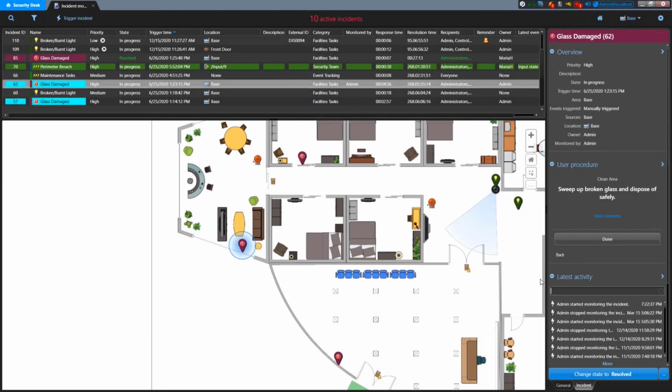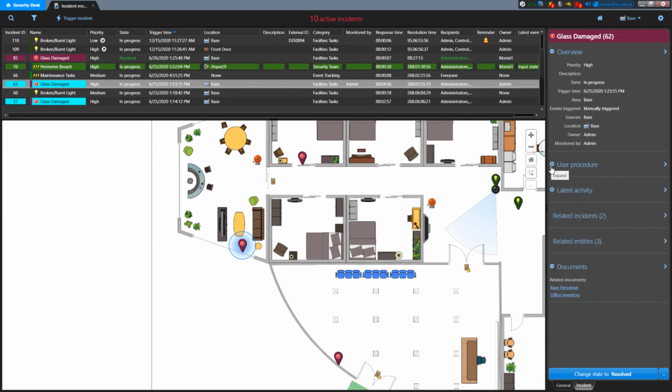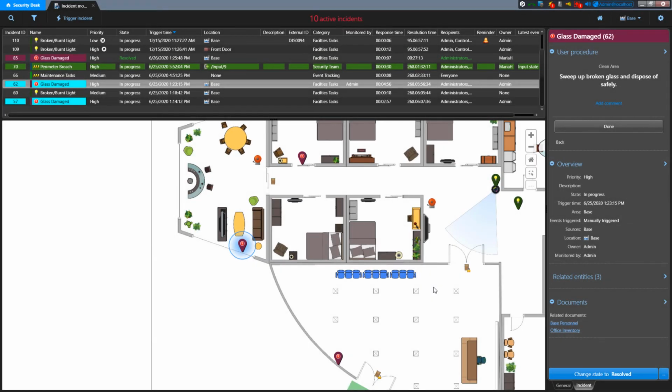Each of the sections in the Details pane can be collapsed or expanded using the minus and plus icons next to the section name. Additionally, the section order can be changed, and sections can be hidden completely if you don't need them. This can be modified in the task settings, which we'll look at in another video.